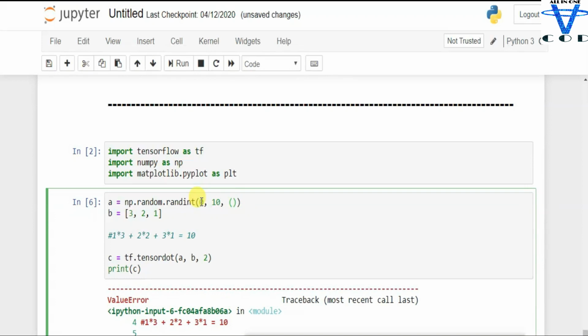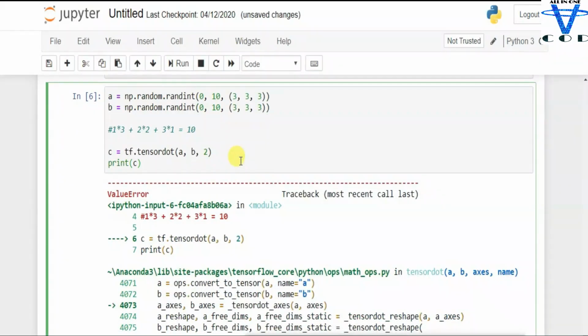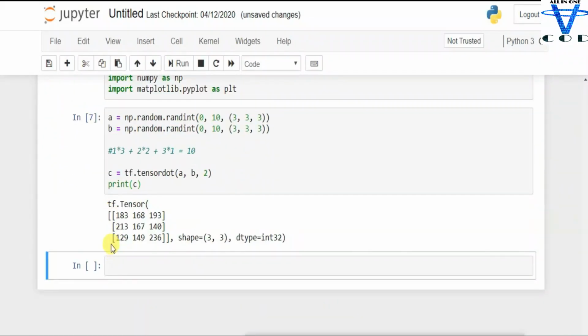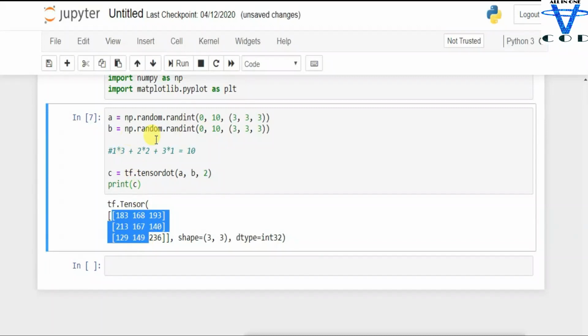No, we want a two-dimensional array like this, 2 and 2. Let's create a three-dimensional array, 3, 3, 3. Okay, so I'm going to copy this and paste it in here. Now when we hit enter, you can see we got this equation in here because we use axis equal to 2.